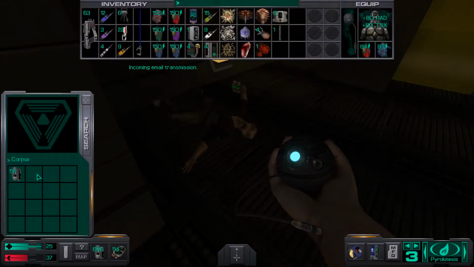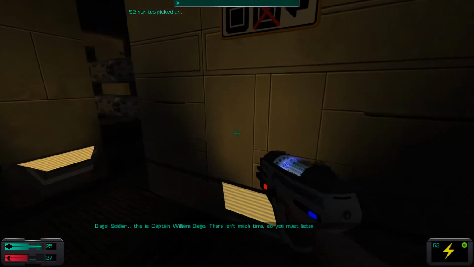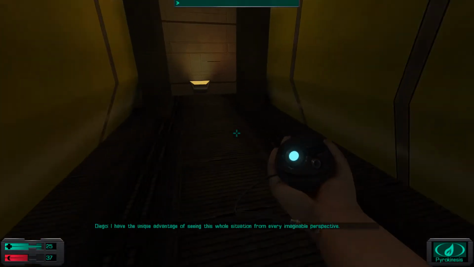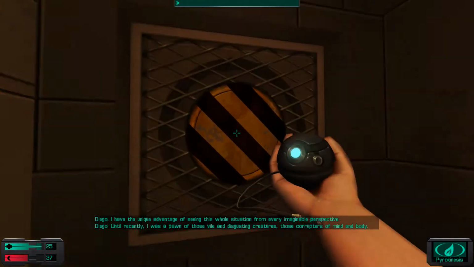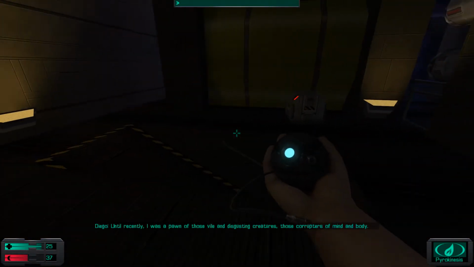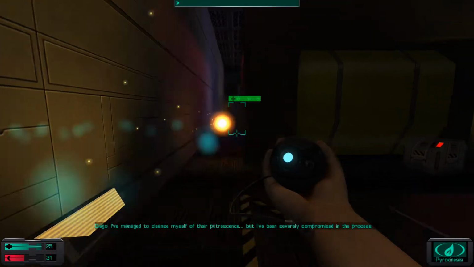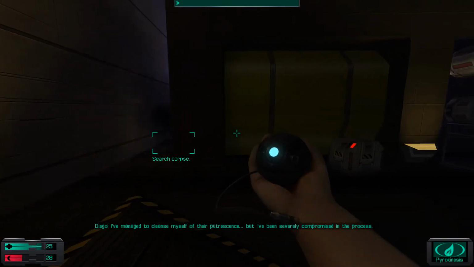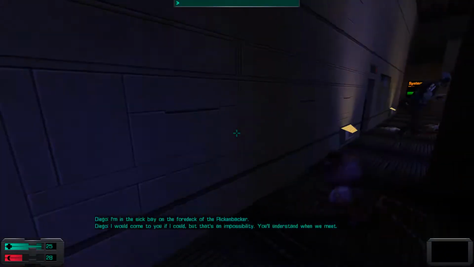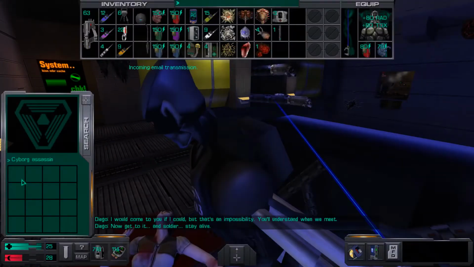Soldier, repeat the social. This is Captain William Diego. There isn't much time, so you must listen. I have the unique advantage of seeing this whole situation from every imaginable perspective. Until recently, I was a pawn of those vile and disgusting creatures, those corruptors of mind and body. I've managed to cleanse myself of their putrescence, but I've been severely compromised in the process. I'm in the sick bay on the foredeck of the Rickenbacker. I would come to you if I could, but that's an impossibility. You'll understand when we meet. Now get to it. And soldier...